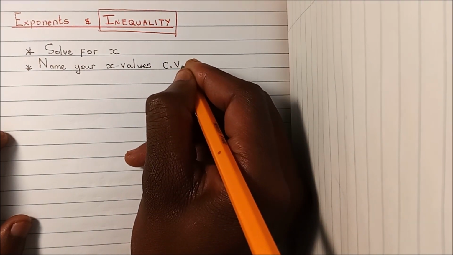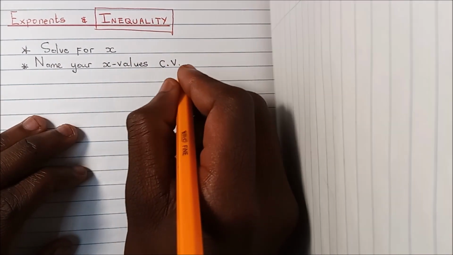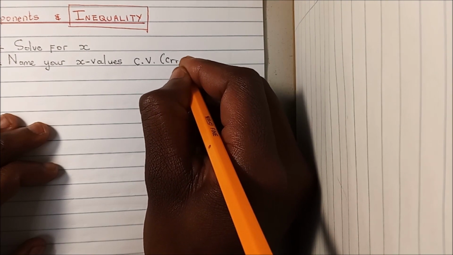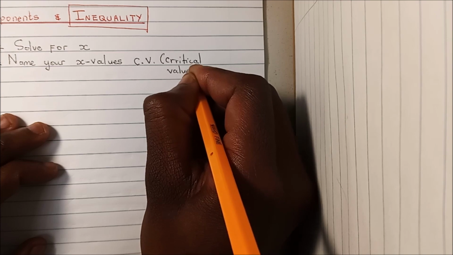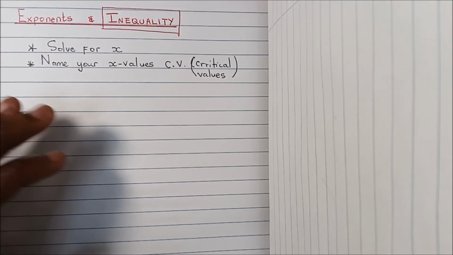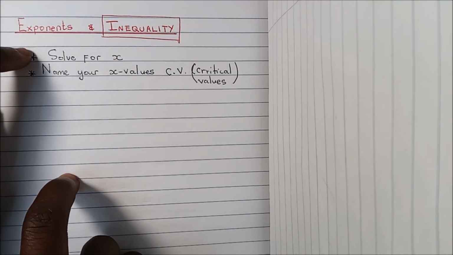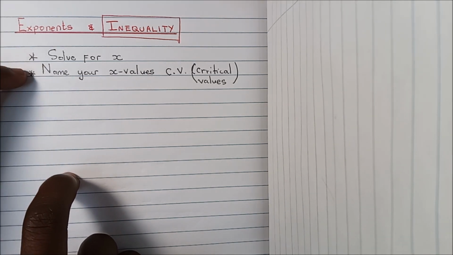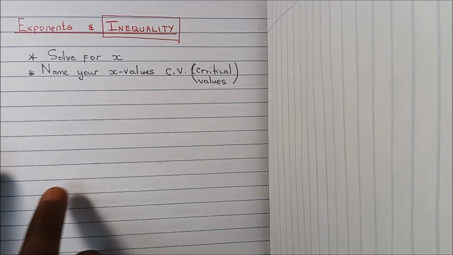CV, not curriculum vitae, the critical values. So now, same as solve for x. What we normally do with solve for x, we solve and then we are done. But with inequality, we solve, we name our x values, the critical values. You can just write CV, and then